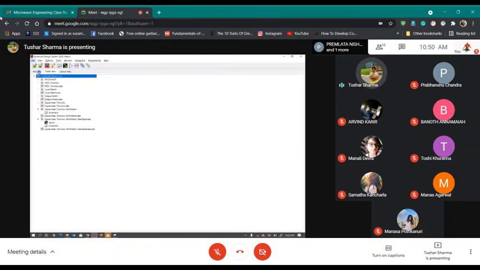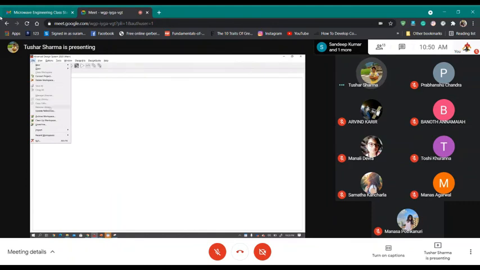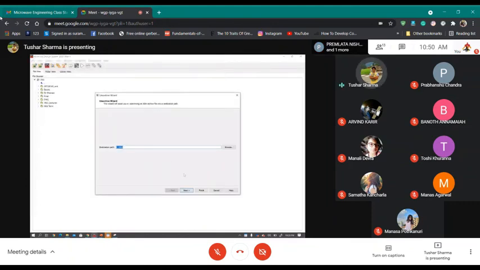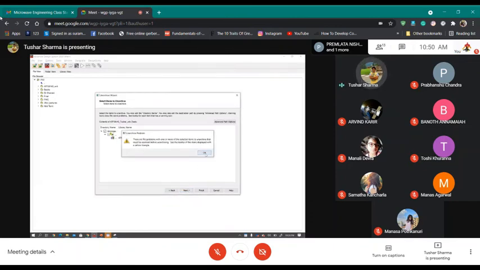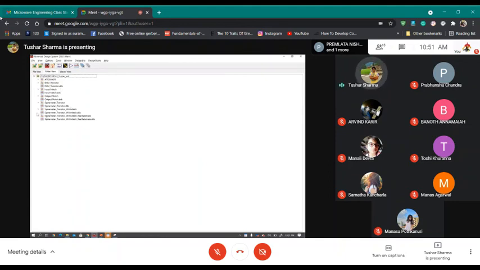So when you open your ADS, if you are unarchiving it, you will go File, Unarchive, click the file that I will upload, say Next. Okay, it's saying that it needs a different name. So just type in a name, and it always has to end with underscore work. If it is not underscore work, it won't work. Finish. Okay, and now I will see all the files. So you can unarchive it and see what I did.